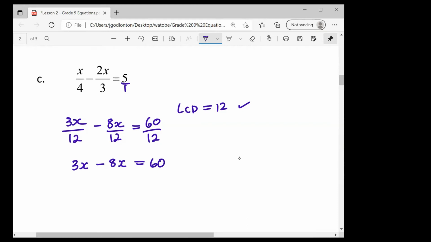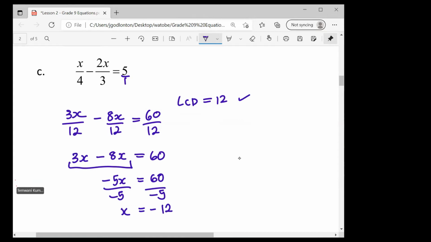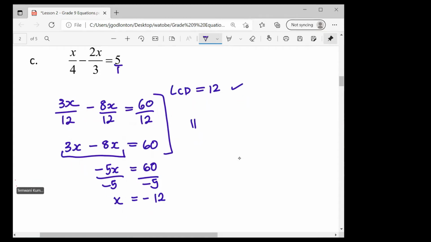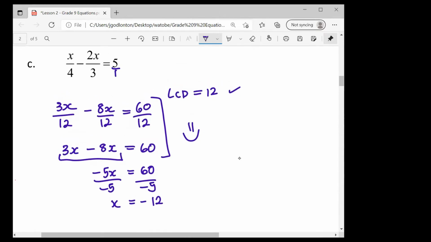Okay, so from this step here, we would now say 3x minus 8x, which would give me negative 5x, and that would be equal to 60. Then I'm going to divide both sides by negative 5, and so therefore x is going to equal negative 12. Does that make sense? Yes, ma'am. I think what happened was you had an x floating somewhere that I'm not sure where it came from, but everything you did up to here was absolutely beautiful. So it's just about that last little bit of the equation.